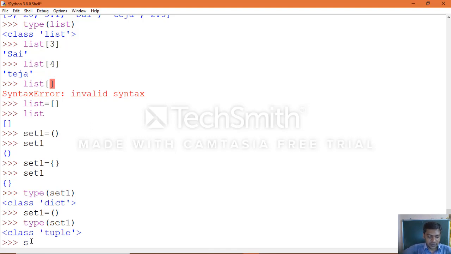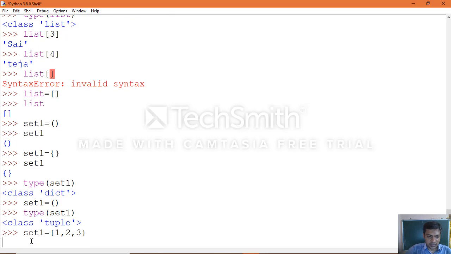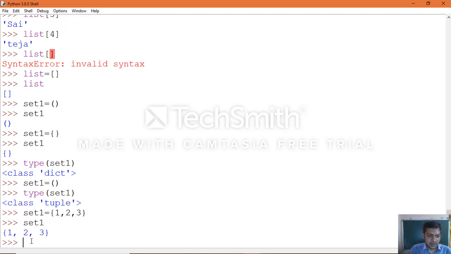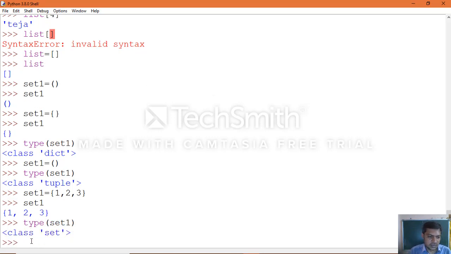Now we just make use of set 1 equal to curly brace 1 comma 2 comma 3, then see, print the set values as you can print, okay. Then you can see the type of the data, type of set 1, set, okay.